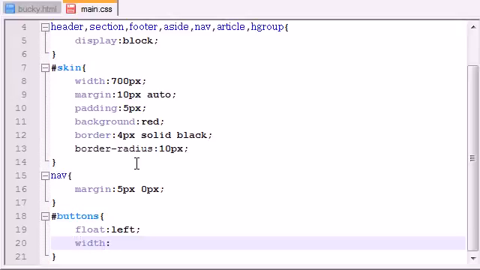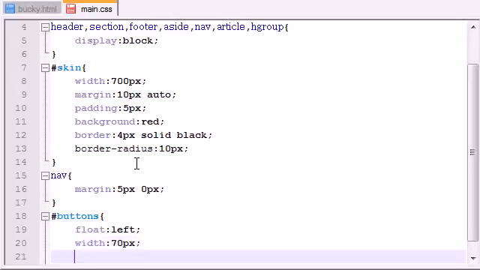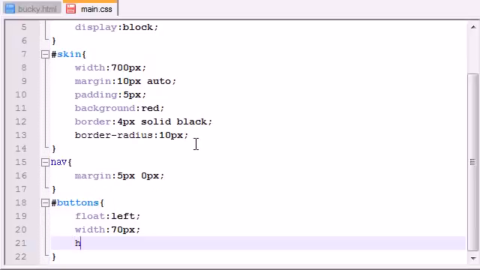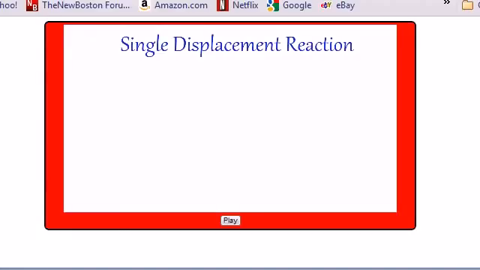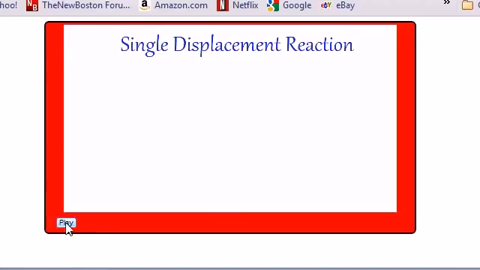So width, I'm just going to make it like 70 pixels. Anything from like 50 to 100 should be fine. And I'm going to go ahead and give it a default height too. So I'm going to give it a height of 22 pixels, and that should be pretty good. So now let's go ahead and save this and refresh it and see what it looks like. We got our play button, which has a little bit of spacing on the top and bottom. It's floated to the left, and even though you can't see it, it has a width of 70 and a height of 22. And right here on this section right here is where our progress bars are going to go,